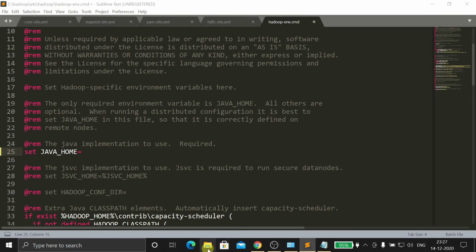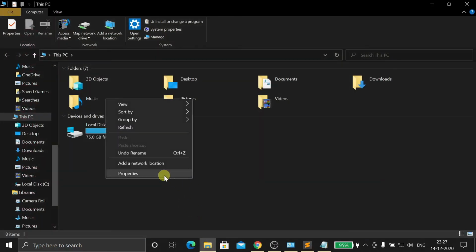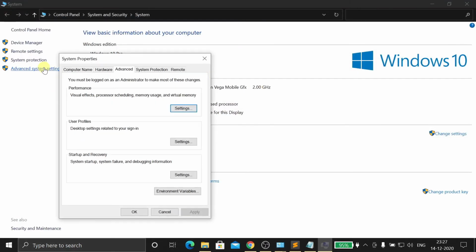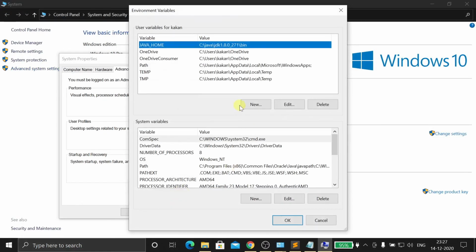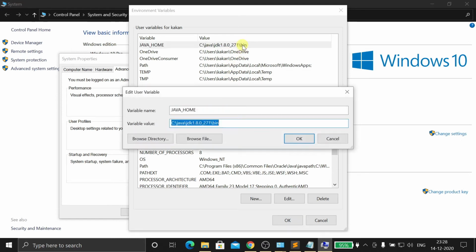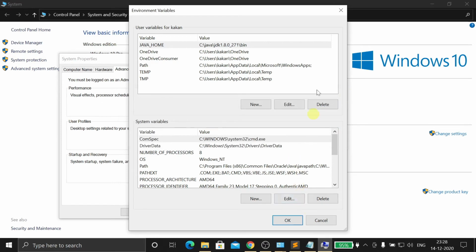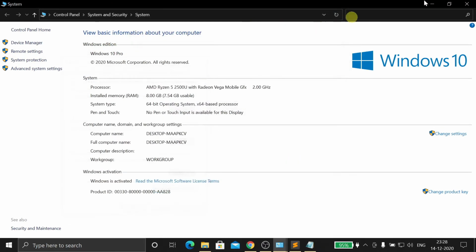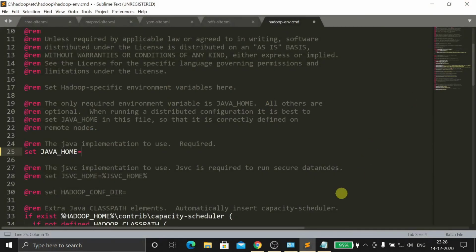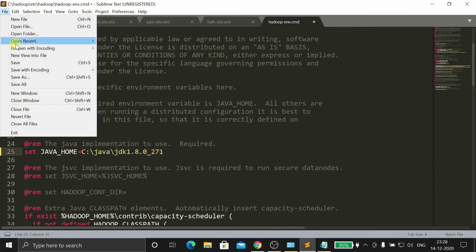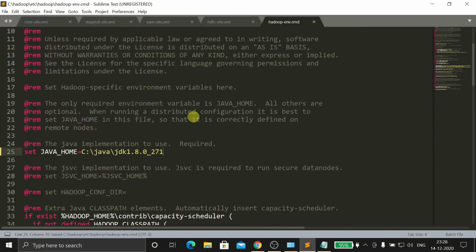Now open files, properties, environmental variables, yeah, copy this one, close, and paste it here. Yeah, here no need of the bin, only up to 271. Don't forget to save the file. Saving the file is very important.